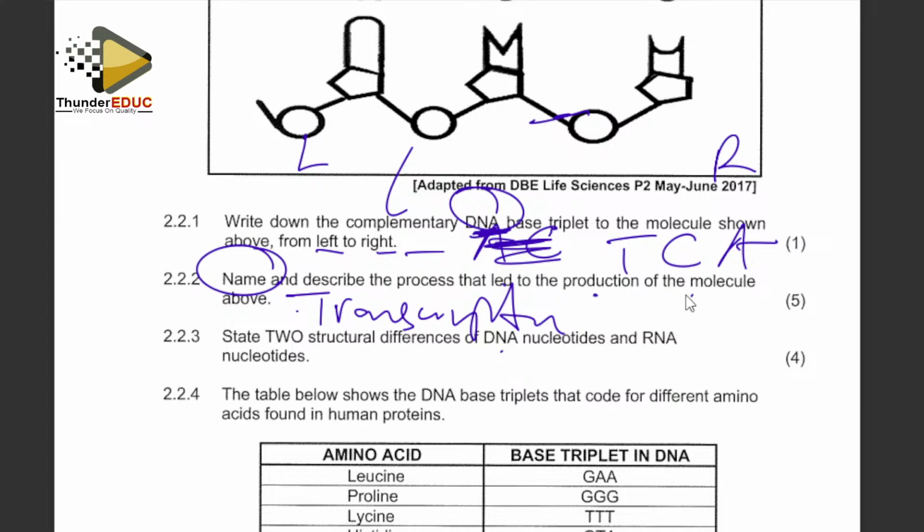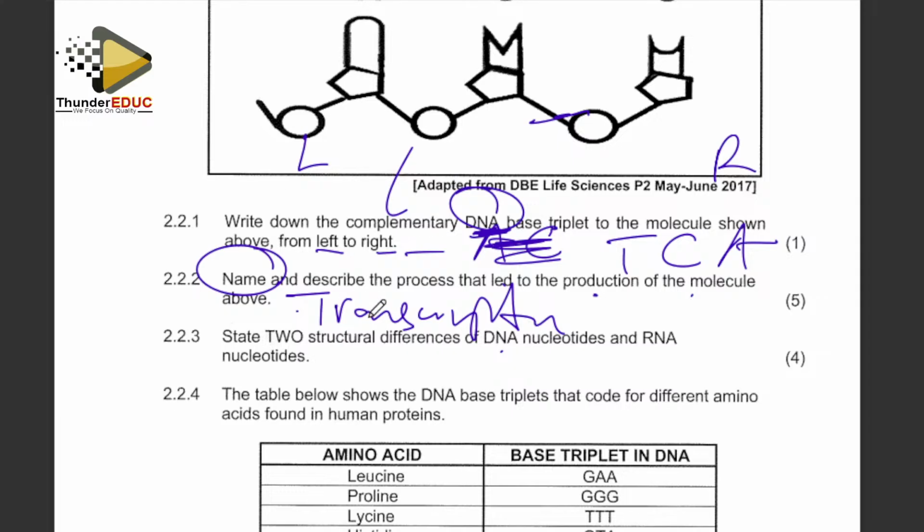We know this. The double helix DNA unwinds, weak hydrogen bonds break. Two separate strands are formed, one acting as a template for formation of a messenger using free-floating RNA nucleotides from the nucleoplasm, whereby A goes with U and C goes with G. A complementary strand is formed which has coded information from DNA, which is a messenger. Then it moves out of the nucleus via the nuclear pore to the ribosome in the cytoplasm. That's what they want. Basically, you describe the process of transcription. And I say don't go to the paper without knowing such.